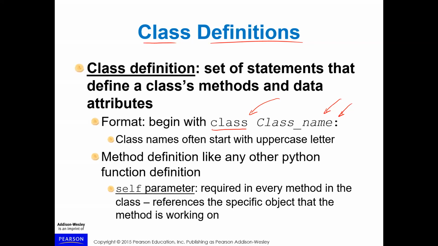The method definition is like any other Python function definition. There's not going to be any differences in the way that you do the attributes or the functions. However, classes do have a little quirk that you will see, and you'll be like, oh, what is this? All right, and that is basically something called the self